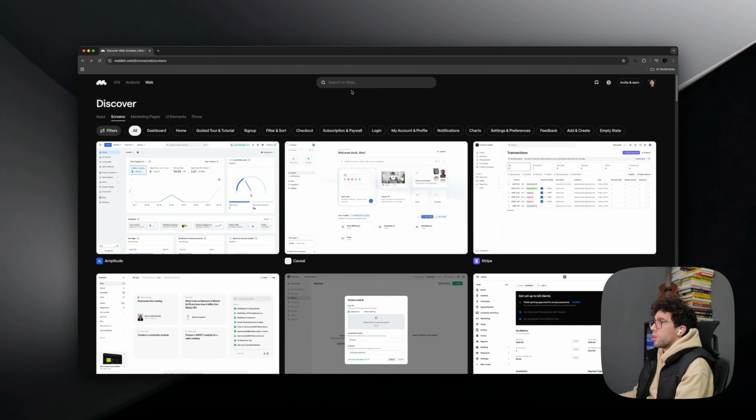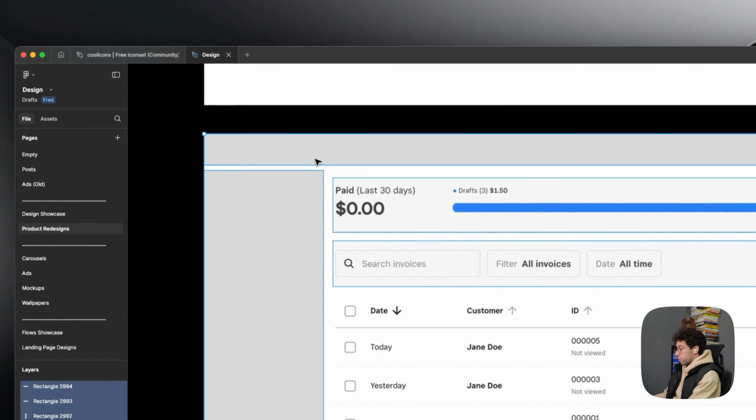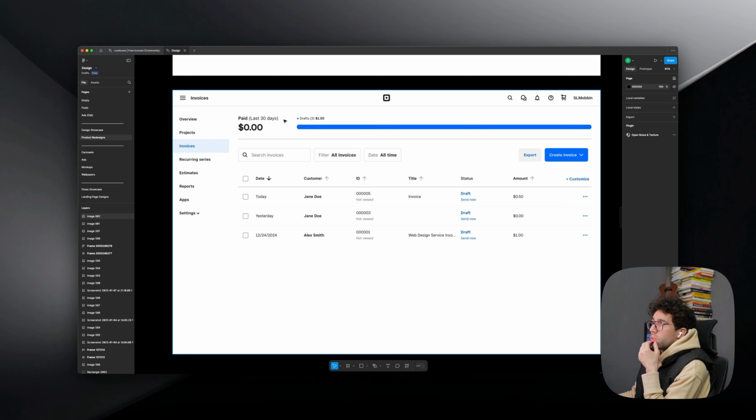Let's see, what do we want? Let's remove those because we kind of know the layout we want. Now I'm wondering how to get there. The only thing I really want is maybe filtering, seeing how other products do tables. I already have an idea of what I want, but I still think it's a good idea